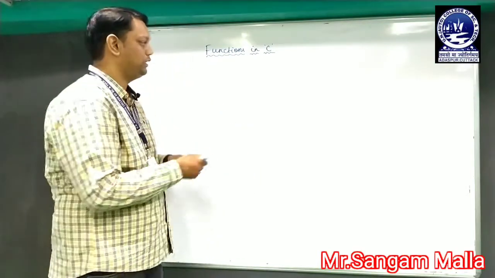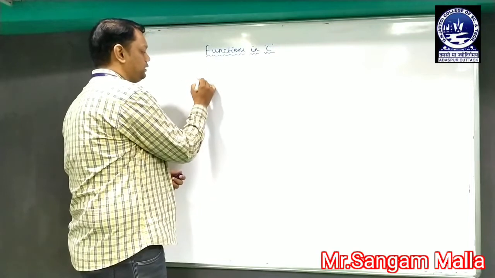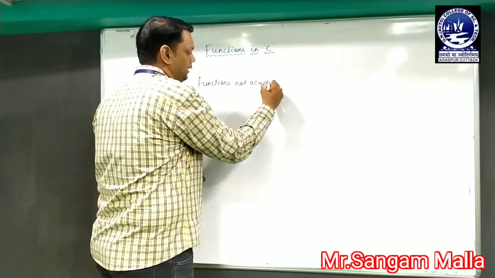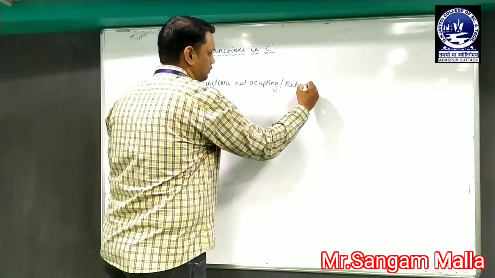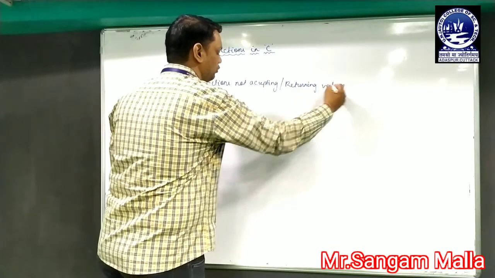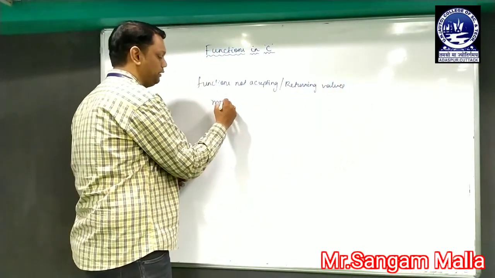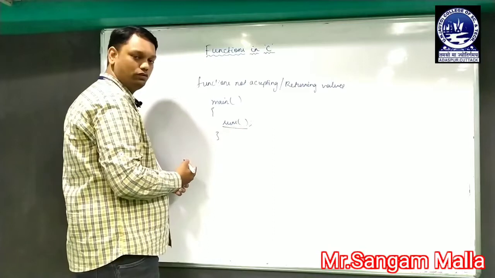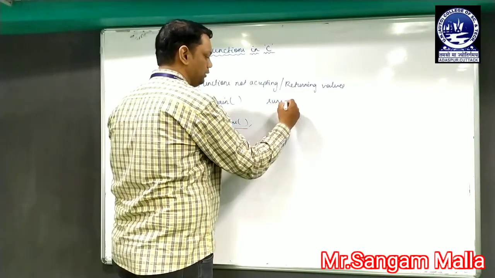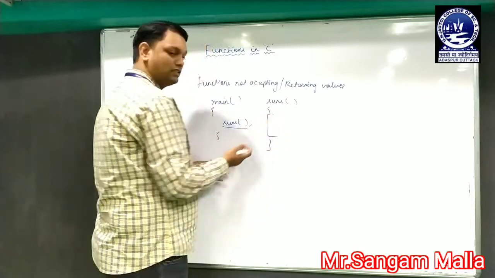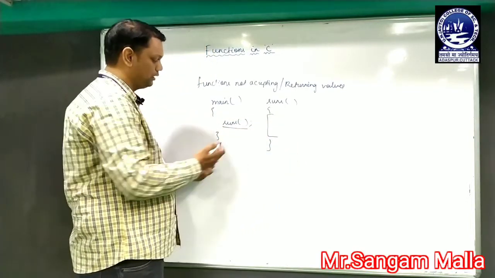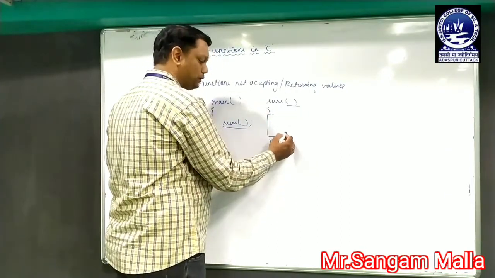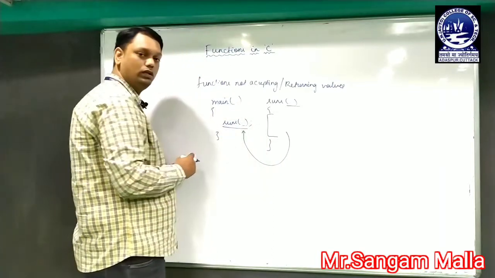So in our previous class we have already discussed functions. The first category is function not accepting and not returning values. So in this case we are just calling a function. That means let us say we have a main function and we call a sum function over here. Whenever we are just writing the sum function over here, it will be redirected to the sum function, and whatever code has been written inside the sum function, it will be executed. So in this case we are not sending any value, the function is not accepting any value, and the function is not also returning any value to the calling function.